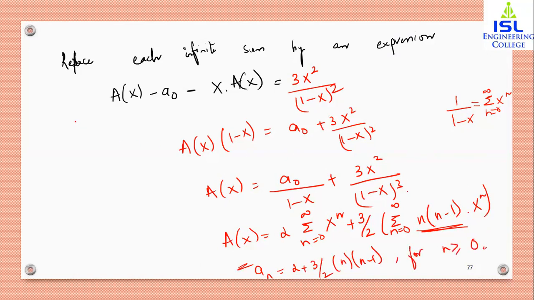Apart from this, you can also use the method of generating functions that we have seen earlier, and you can solve the same. Now another example, take it as an exercise. a n minus 5a n minus 1 plus 6a n minus 2 is equal to 2 power n. Try to solve it either by the earlier method we have seen in the generating functions or the one I taught you now. Now finally, we have the method of undetermined coefficients.